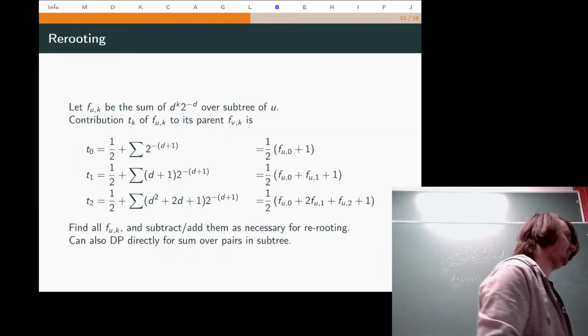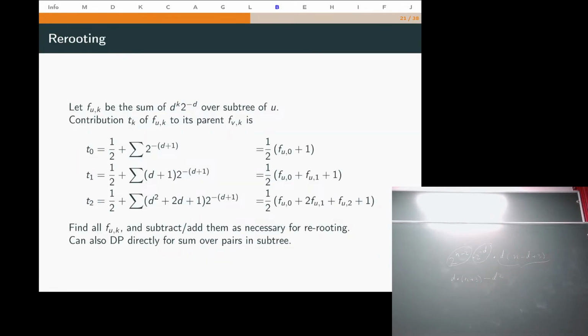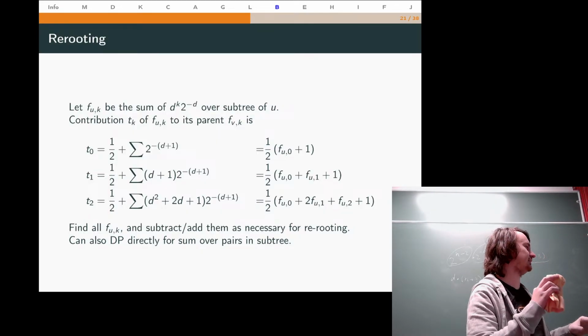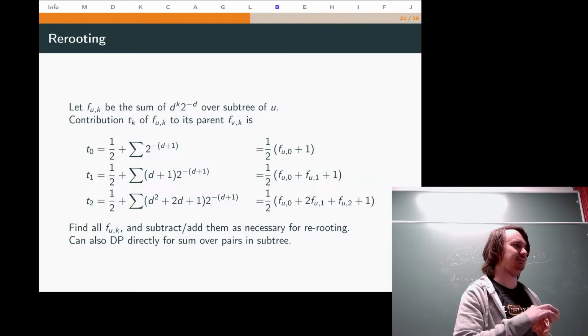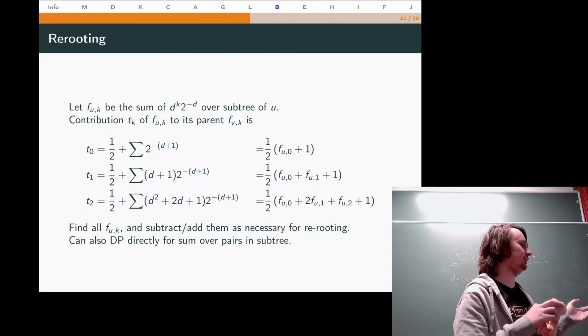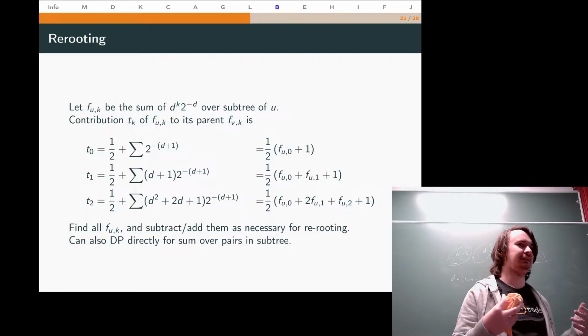So in this case, let's say that we maintain F(u,k) as the sum of d to the power k times 2 to the power minus d, where d is the distance from a specific vertex in the subtree of u to the vertex u itself. If you maintain this kind of values, you can see how they change if you go